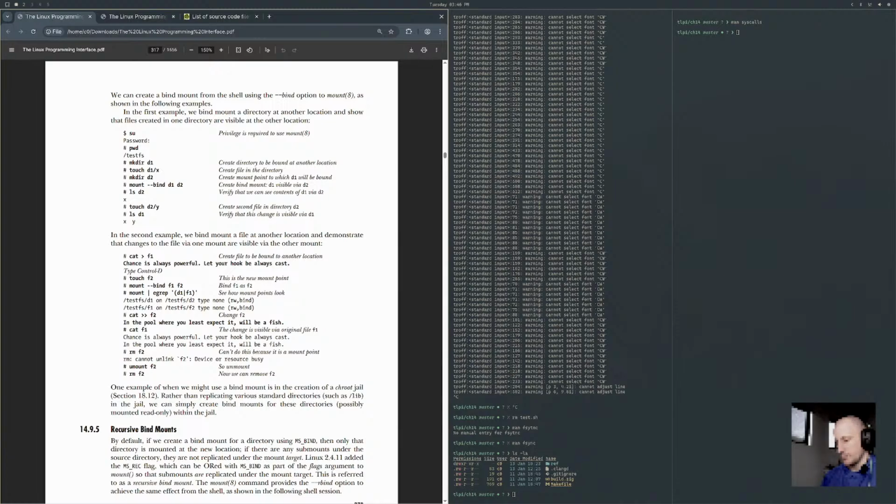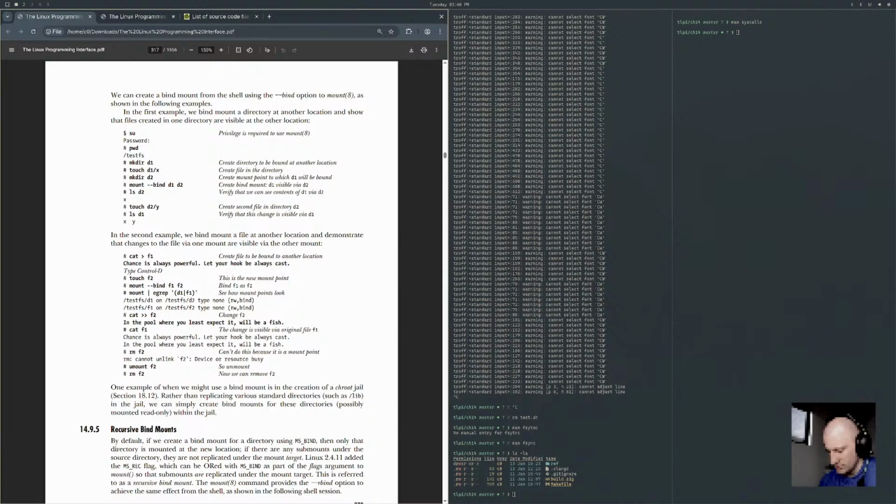In the second example, we bind mount a file at another location and demonstrate that changes to the file via one mount are visible to the other mount. So we cat a bunch of stuff into F1, then we touch F2, and we bind mount F1 to F2, and then we mount and grep for D1 and F1.